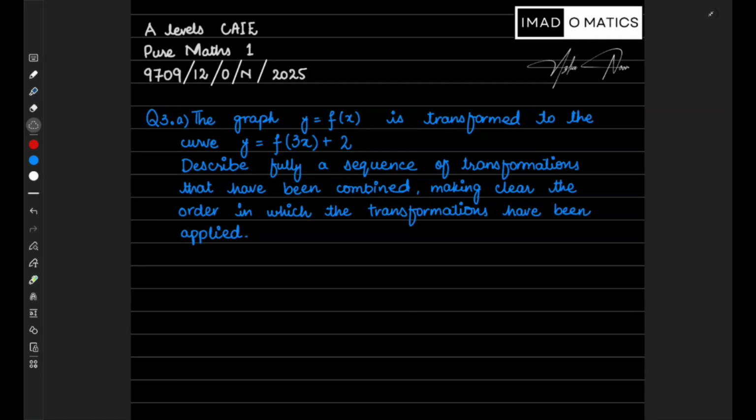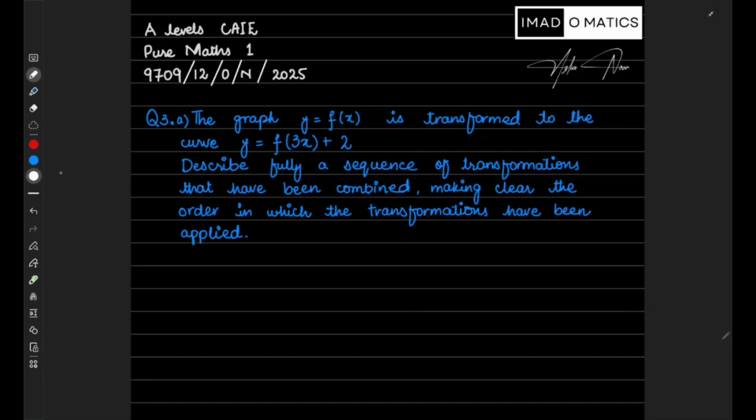Question number 3. The graph y = f(x) is transformed to the curve y = f(3x) + 2. Describe fully a sequence of transformations that have been combined, making clear the order in which the transformations have been applied. So what we are supposed to do in this is we have to see which series of transformations are